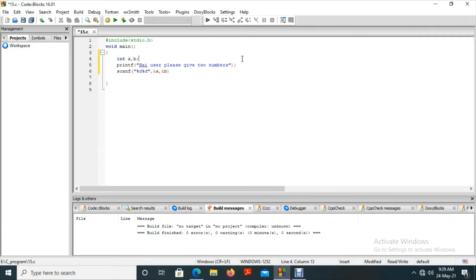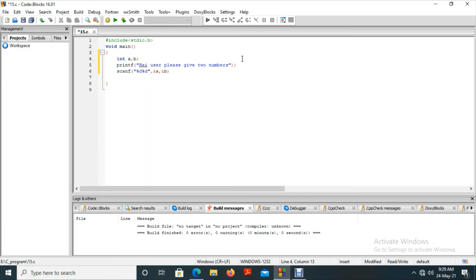That is the instruction that we are giving to the compiler by the declaration statement. One block named A, another block named B, and these two blocks can save up to 2 bytes of data, because the size of an integer is 2 bytes, and integer type data are going to be saved in that memory.